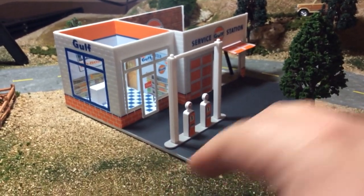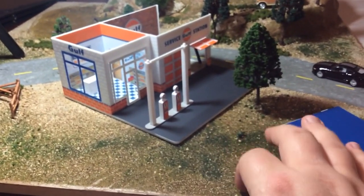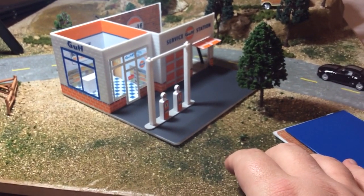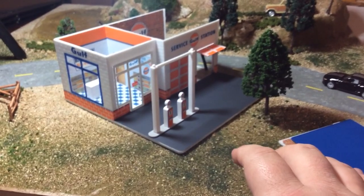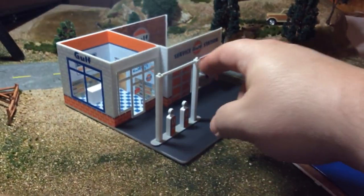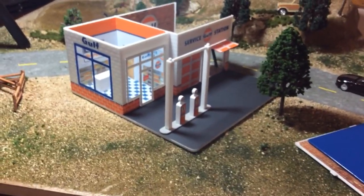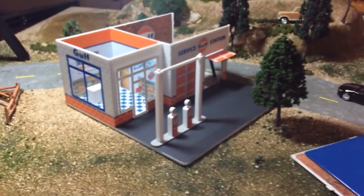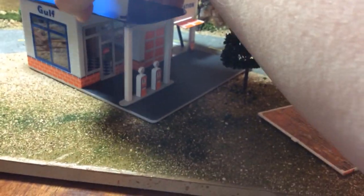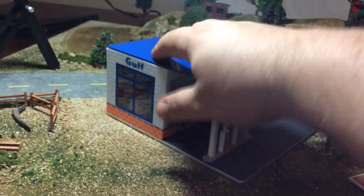But as somebody who does build layouts and somebody who has a Woodland Scenics gas station that is a built up building, it's not a kit, you buy it built and made, the difference in the detail from this to that is night and day. Okay, they're not even close. However, this is a $20 piece right here, and for $20, I think that is a killer price on this thing,